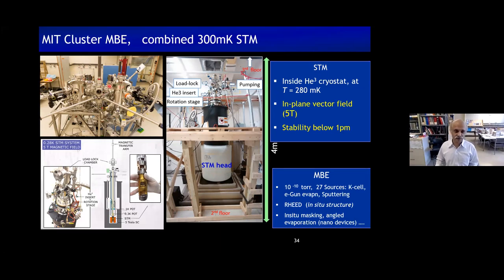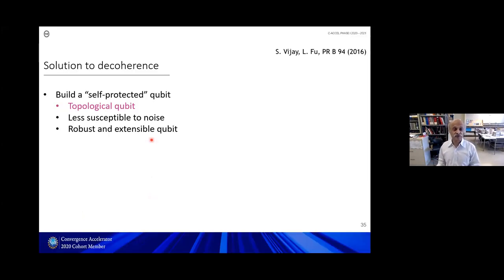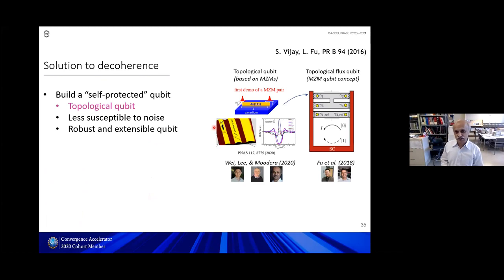And we do have a fantastic capability of creating any kind of layer system here. We have already been able to do this in some of the superconductors as well. With the bigger gap, we can actually see surface state superconductivity. So that is ongoing work right now. And of course, the next thing is where we take this from. So we can talk about a topological qubit. Majorana, if it happens to lead to a qubit, then it could be a good solution for the decoherence problem in the superconducting qubit. So we are planning to follow the architecture or the model by Liang Fu and group.